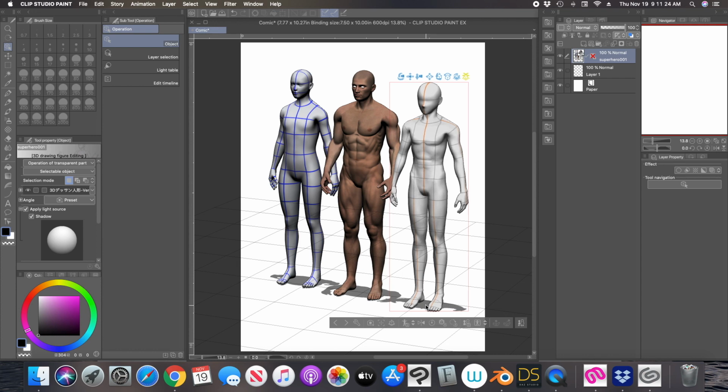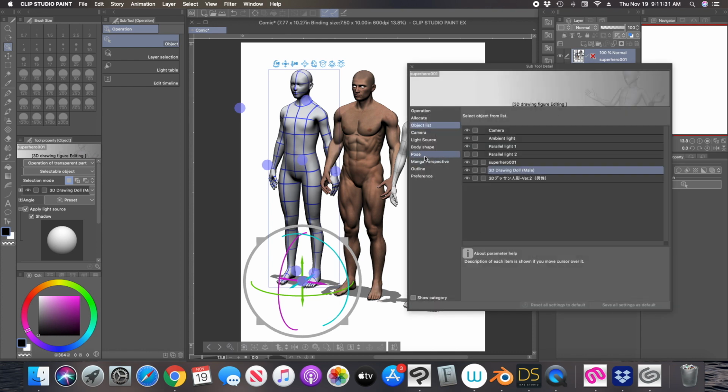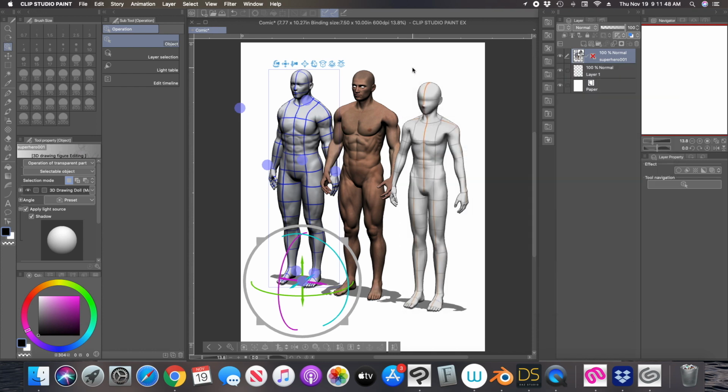Now, of course, I haven't manipulated this to be, well, let's just do that. Let's put some more muscle on him. Body shape. So let's put, as you put more muscle, he gets fatter. So let's get him skinnier. So it all depends on what you like. For me, this looks a little bit better, but the one thing I don't like about the